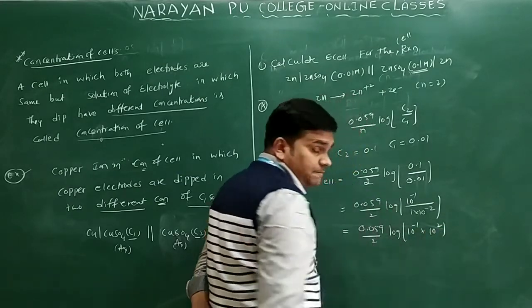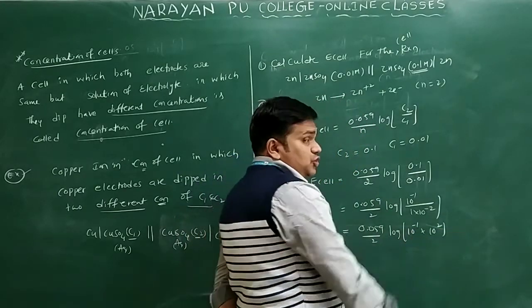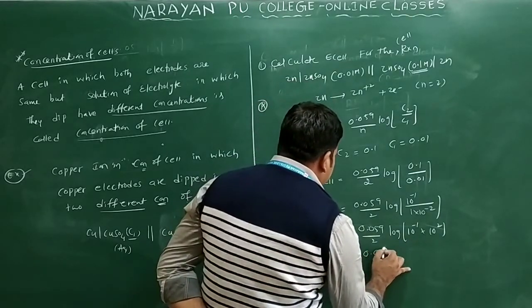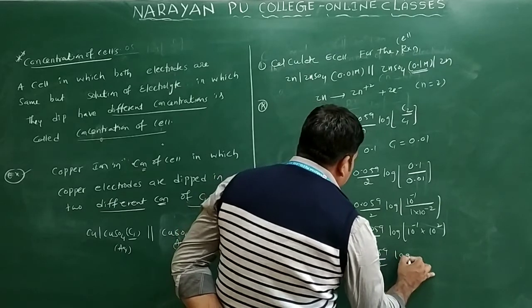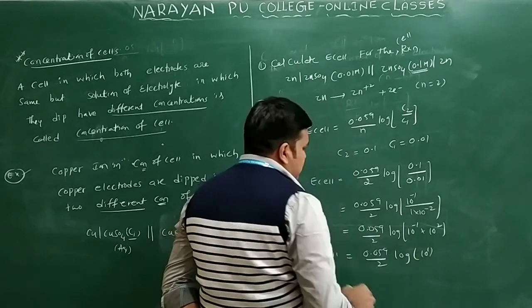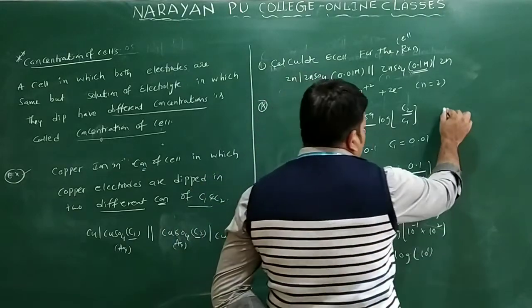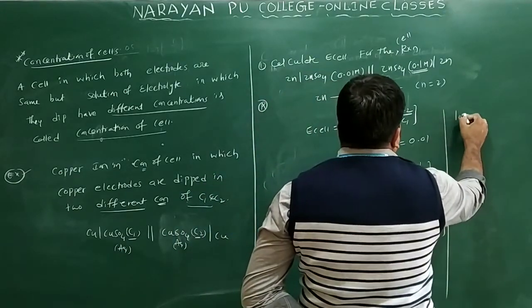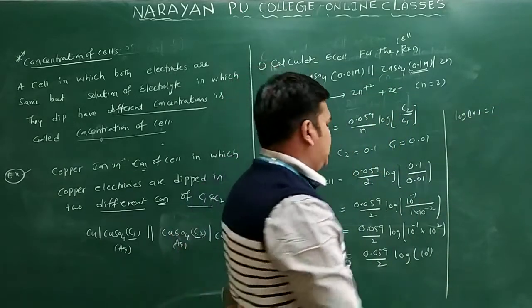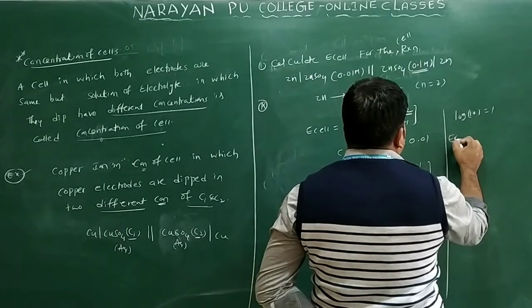What you will get? This is 10 square only. 10 power minus 1 by 10 square, what you will get? 10 power 1 only. Then I will write here 0.059 by 2 into log 10 power 1 only. So log 10 power 1 means log 10 only. Now what is the log 10 value? Log 10 is equal to 1 only. Then you will write here E cell is equal to